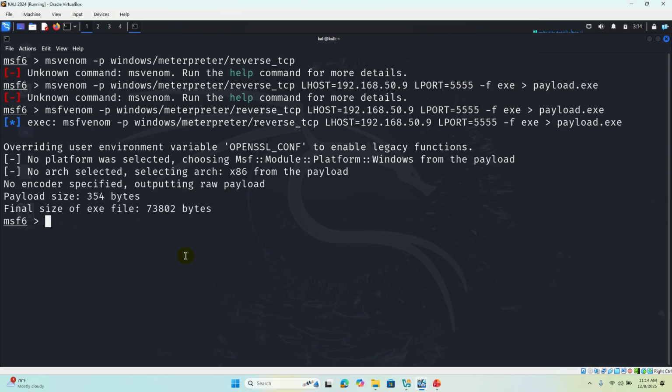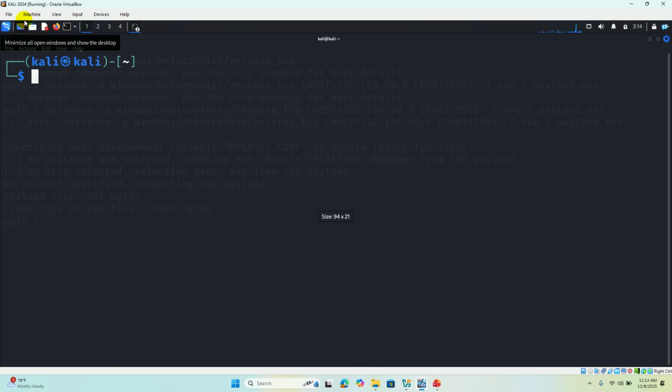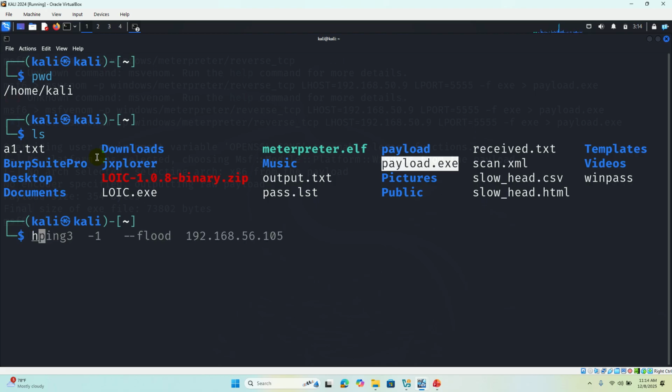So now the payload is generated. Just open another terminal. This is the location. If you type ls, you can find the payload.exe available here. So I'm going to start Python 3